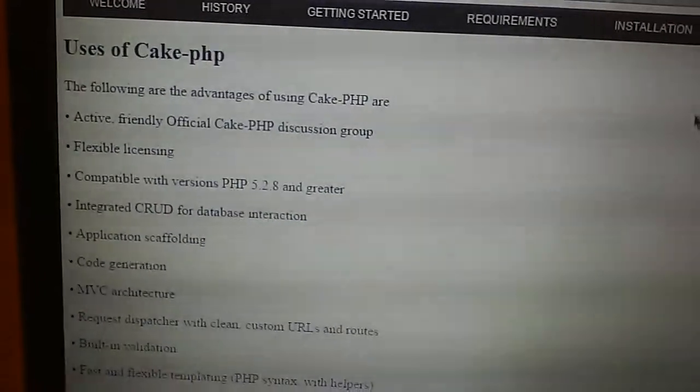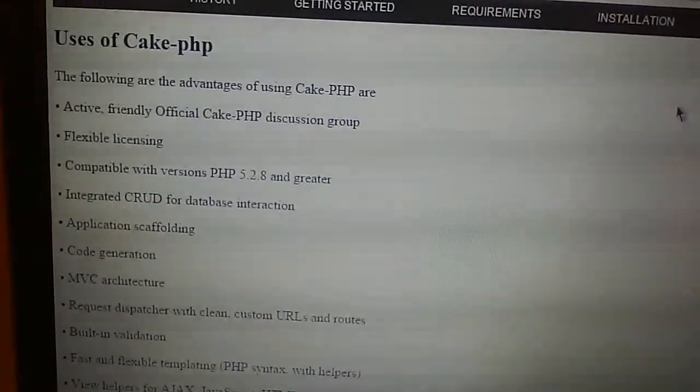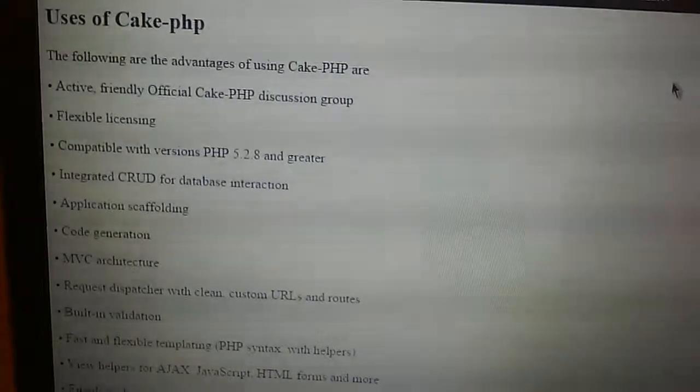So up to now we have dealt with various options called welcome, history, getting started, installation, requirements, and permissions. Right now we'll be dealing with the uses of Cake PHP. That means, why do we need to use this Cake PHP? Why do we find this Cake PHP the best when compared to other frameworks?